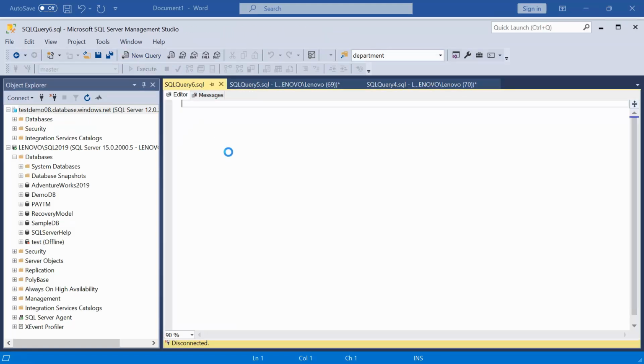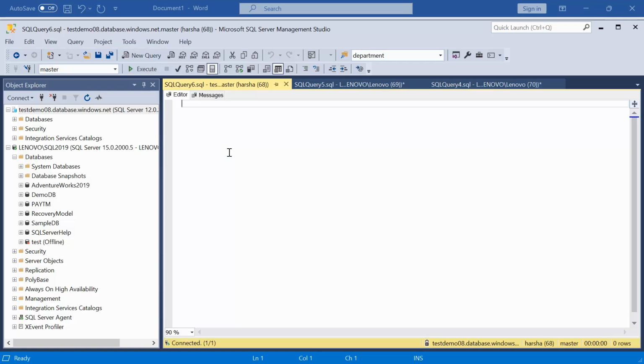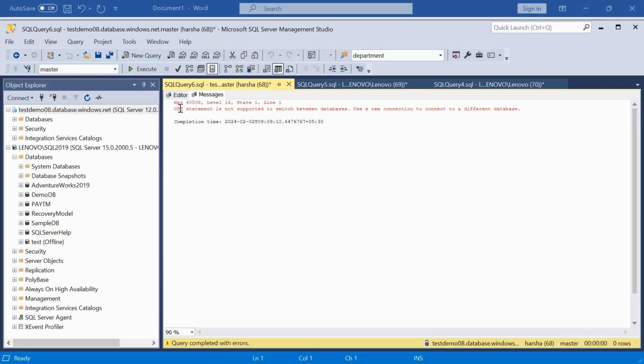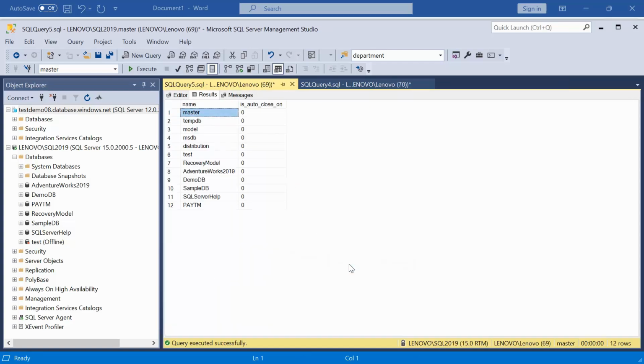Right now I am in master. If I use the test database, even the use statement is not supported to switch from one database to another in Azure. So like this, we have unsupported features, and we are going to see what features are there.